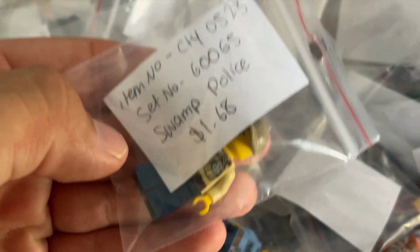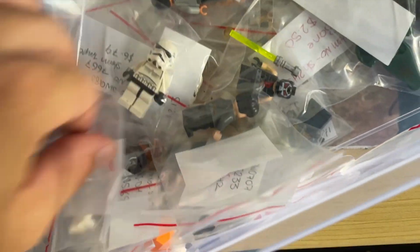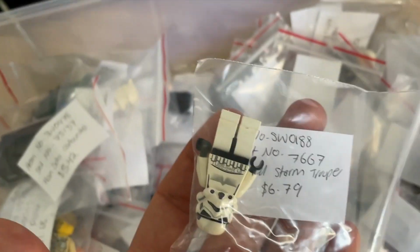So you can see a few of the things I've got here. I do have a few of the Dementors from Harry Potter. I do have a lot of city figs which aren't worth that much. We've got an Emmett there. We do have just heaps of clone troopers, clone bombers and stuff like that. There's that Han Solo in Carbonite from earlier. Some city figs, there's a loose lightsaber in there. We do have the clone trooper. There is heaps of stuff, a whole heap of dogs, a whole heap of animals. There's a Spider-Man in there, some